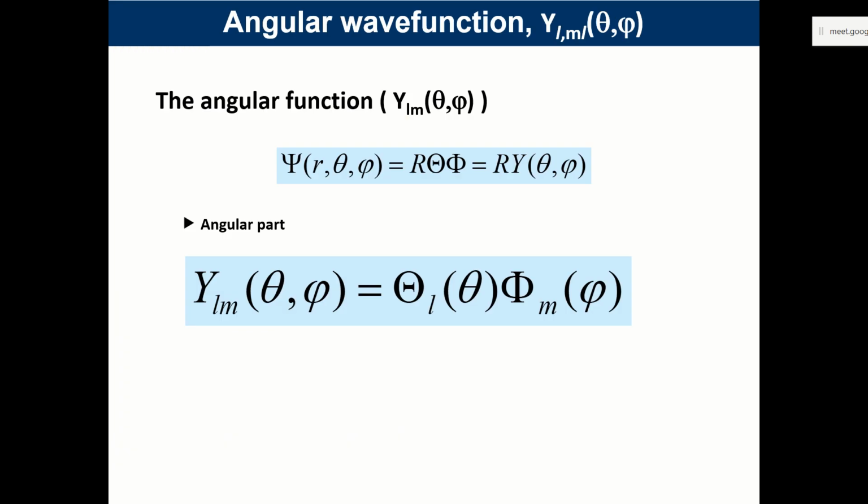Now we turn ourselves to the angular wave function. Why we call it angular wave function: it tells you how the amplitude varies with the change in angle theta and phi. मतलब वो जो एंगल हमने डिफाइन किया था, जब हमने कार्टेजियन कोऑर्डिनेट्स से पोलर कोऑर्डिनेट्स में ट्रांसफॉर्म किया, x y z से r theta phi, we found that